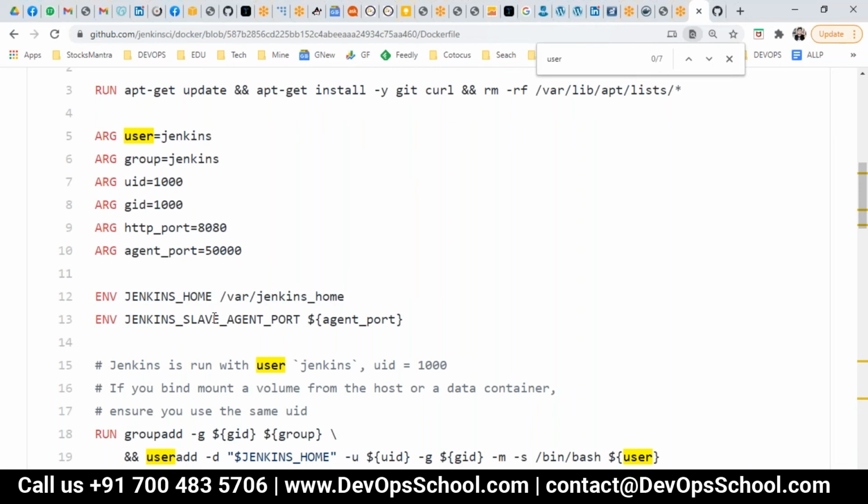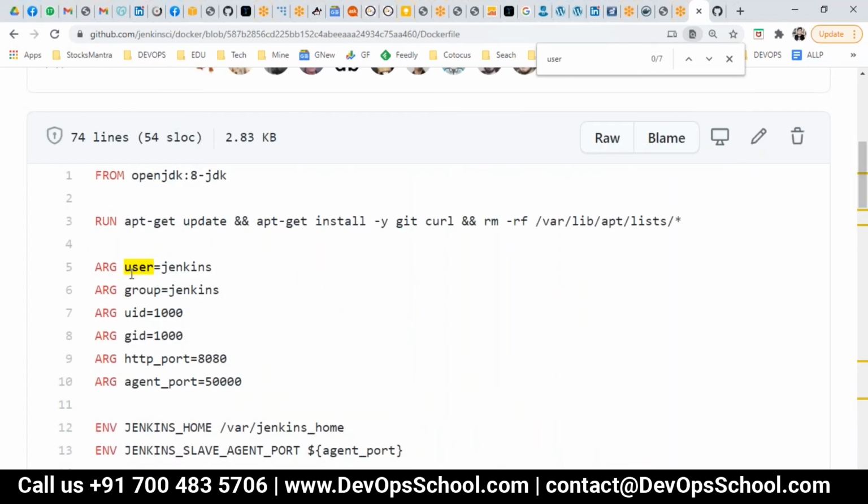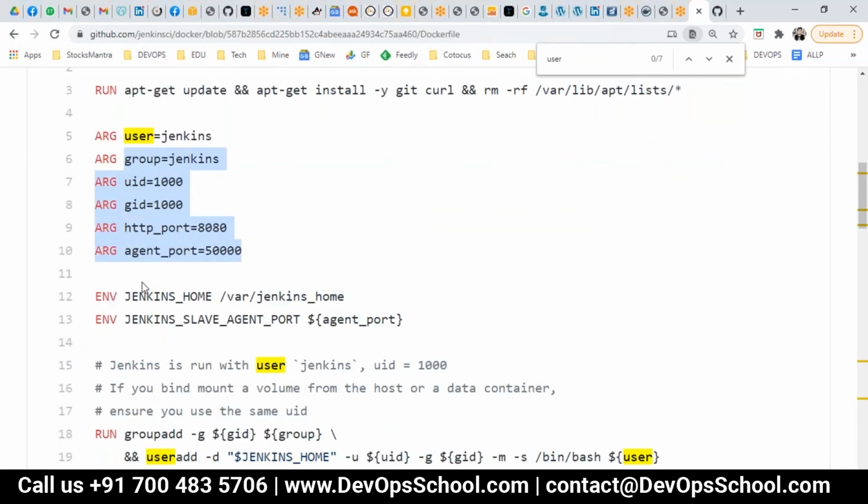Let me tell you one more thing here. These are the meta information. Meta layer, you can say. Mind it here, do not forget the rules which I taught you. I said each line in the Dockerfile will create one layer. It could be a data layer or it could be a meta layer. Mind it here, the meta layer will be used during the runtime. The data layer will be used during the merging. Simple. Okay, so this is the meta layer. This is the meta layer.